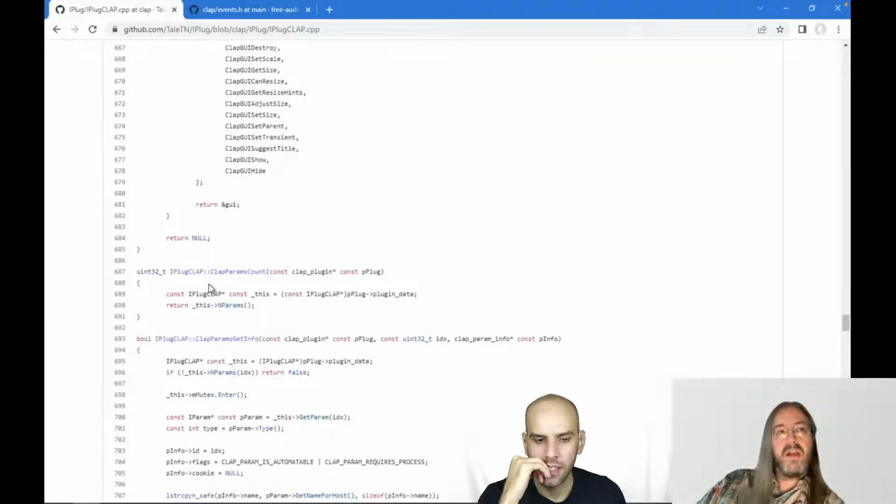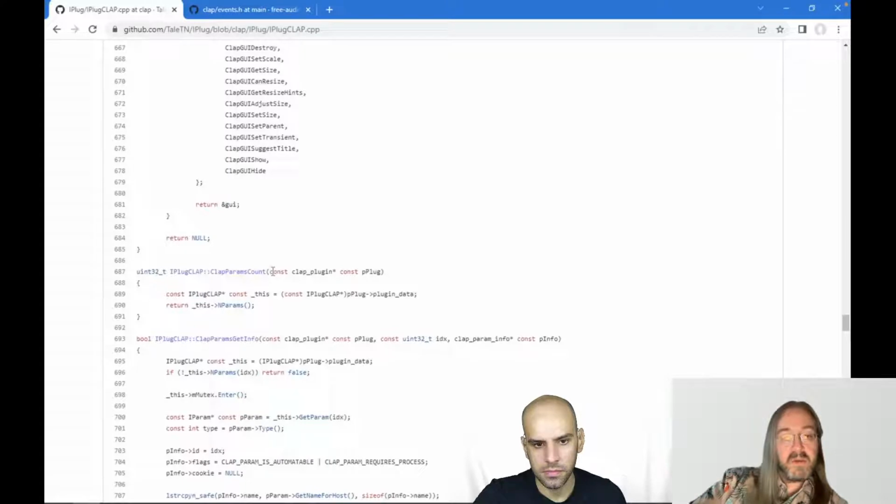Yeah, because on at least Intel 64-bit, C++ and C have the same calling convention, so you can just do that. And most other platforms I support at the moment also, so I don't have to worry about it too much. But it does mean that I cannot call a class method, because there's no this pointer. So you just get this one clap plugin pointer, and the clap plugin here is a special struct. And one of the things that struct has is a plugin data member, and you can put your own pointer in there.